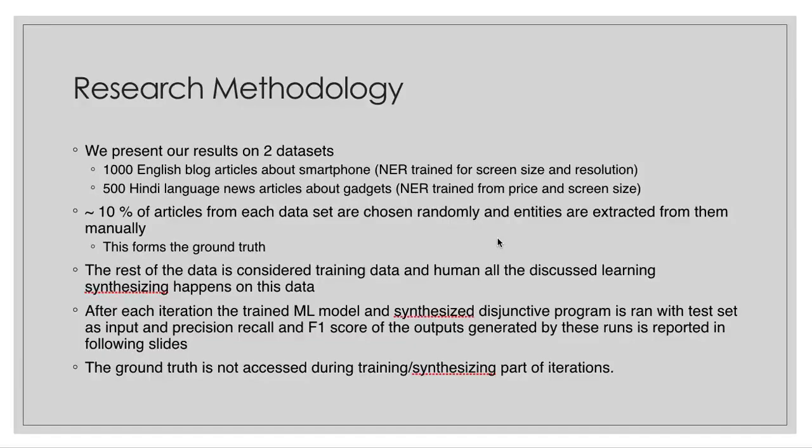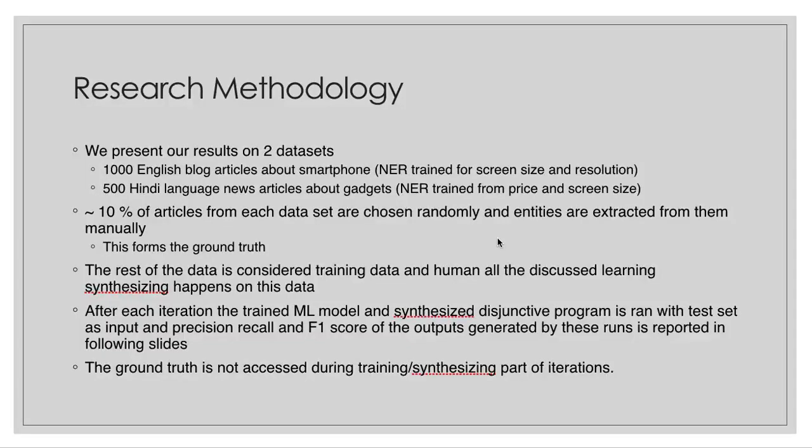So we pick approximately 10% of the articles from each data set, and entities are extracted from them manually to form the ground truth, and the rest of the data is considered as training data. And then after each iteration of the trained ML model and the synthesized disjunctive program, we run